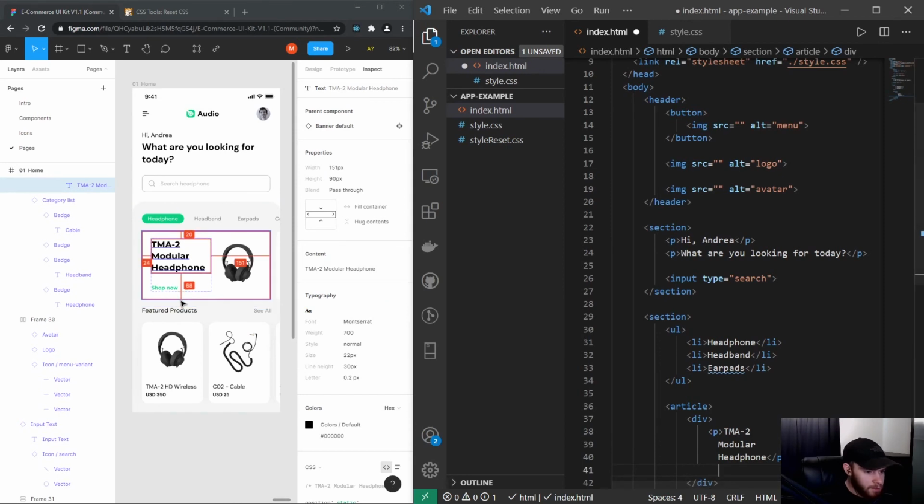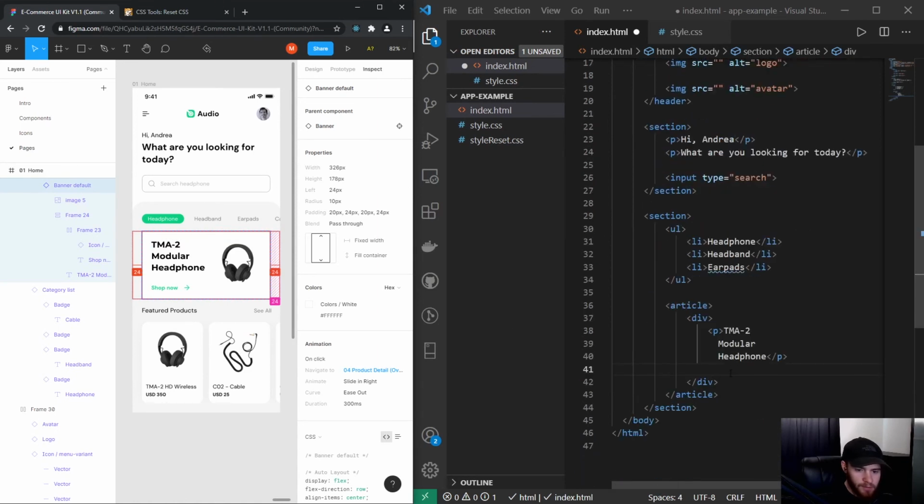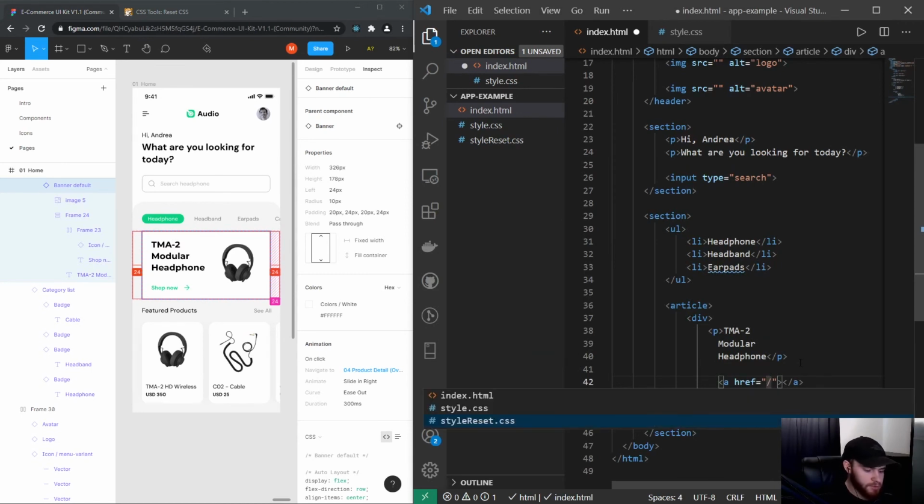And then right here, we have, again, another p tag, or you could say a link as well. Let's make it a link, but it also has an image. So what I will do, I will say anchor tag, and this, for example, goes to the headphone page. It doesn't exist, of course, but just to make it as realistic as possible. And in there we got this,